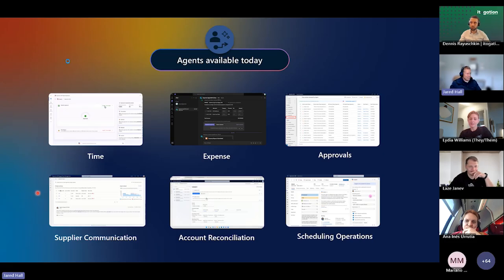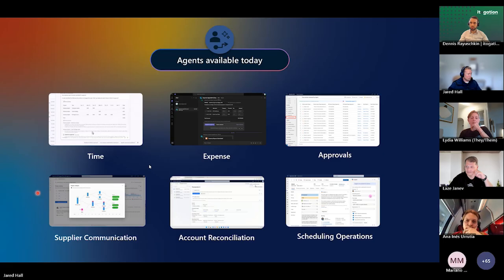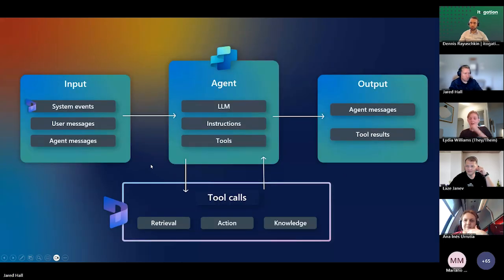So on the next slide, when it does load, is a high-level overview of the architecture of the interaction pattern. So once we get into building agents, extending and customizing these experiences, this is the overall model that we're looking at. So this is where you, as a user, as a maker, as somebody who is deeply involved in your business processes, once you start bringing AI into these experiences, this is the overall model of how this works. That we have our inputs.